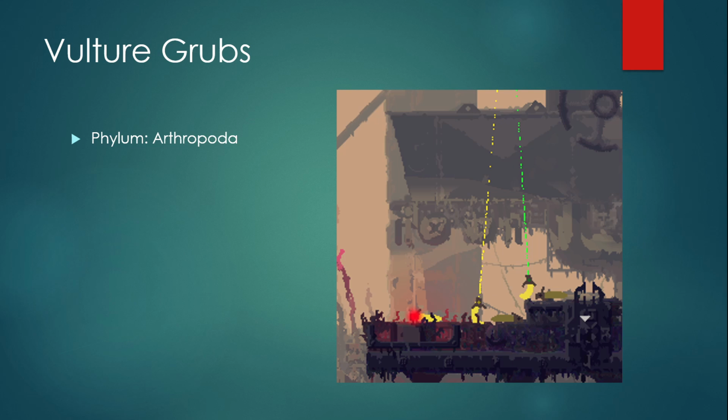Next up are vulture grubs. All I could really think of here is phylum Arthropoda. I don't believe that they're directly related to the vultures, but instead, because of their biomechanical characteristics, simply developed to summon the vultures as a defense mechanism to keep them from being attacked by other predators. In fact, if there are no other creatures in the area, the vultures will just pick up the vulture grubs and leave, which could imply that the vultures just pick them up for an extra snack